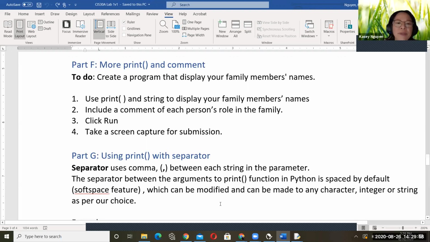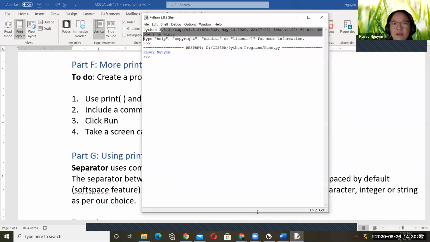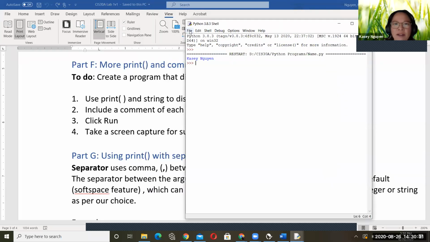And we would use the print and string to display the names. And we would include the comment for each person's role. Like, you know, my brother's name is Benjamin, then I would comment brother, right? And then you would go ahead and I want you to do this in the editor, not the shell, because the shell is very limited. So what we're gonna do is, I'm gonna do this with you. We're gonna go ahead and open up our shell, and then we're gonna go ahead and put File,